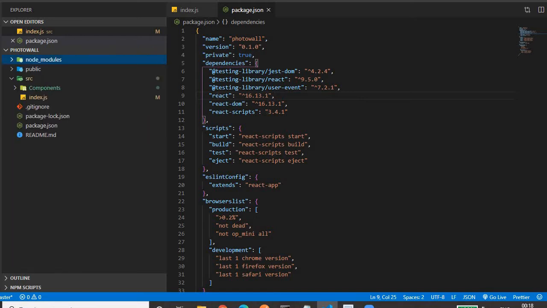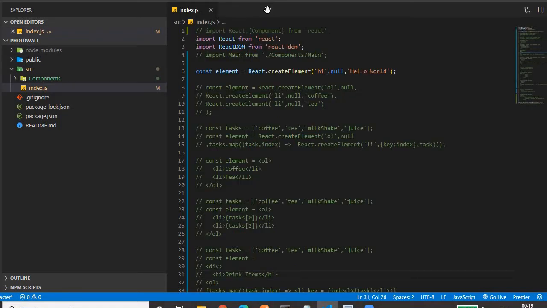So if you see, we have the React package of version 16.13.1 and React DOM of version 16.13.1. So you'll find the package along with its version in the package.json file. It's a documentation; this file documents the packages or dependencies along with their versions. Okay, let's close it. So we'll come to the index.js file. We'll see how we can render a text using React.js.